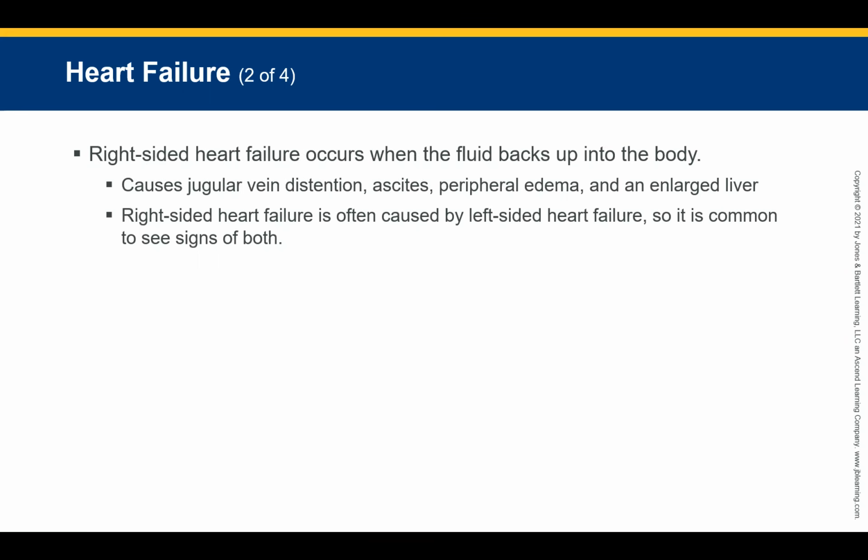I'm by no means testing anybody's smartness, but an extended JVD is the vein that's in our neck. You'll see some that are super big on people. I'm a little bit thicker, so you don't see mine, but you see the ones that stand out. Theirs is very distended, like they have a lot of pressure buildup in there because you're having a right-sided heart failure, and you see that build up in the JVD. So be attentive to those. Look at the patients that have the JVD, and when you see it, go with it and try to learn things.